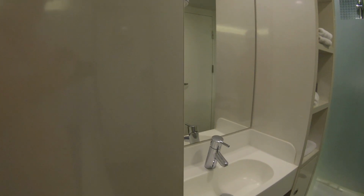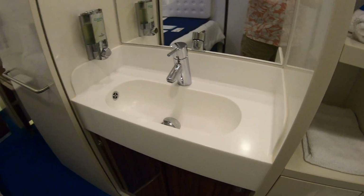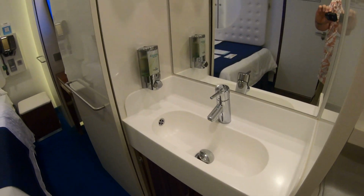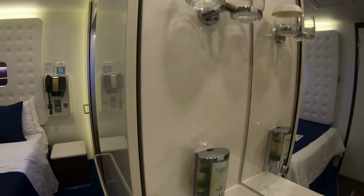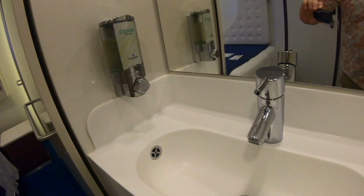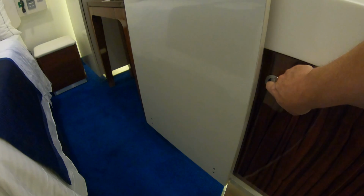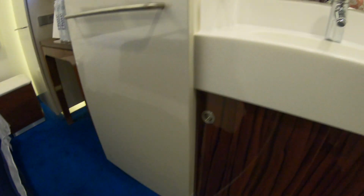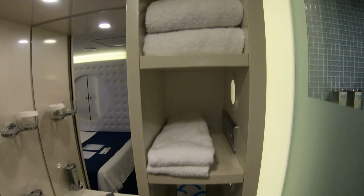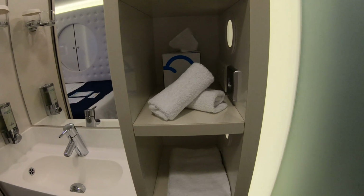Then we have the sink area, which is actually in the room. Being a studio, it's quite efficient. There's some glasses here and some hand soap. And the sink, there's some storage underneath the sink. Some extra toilet paper and tissues. We have our towels,